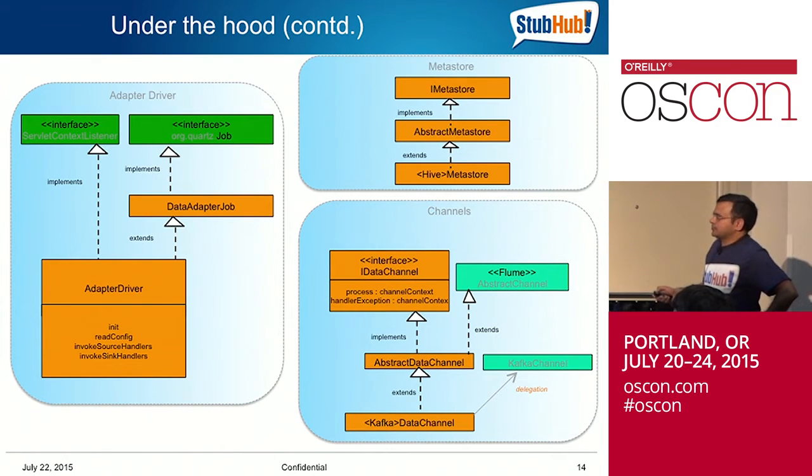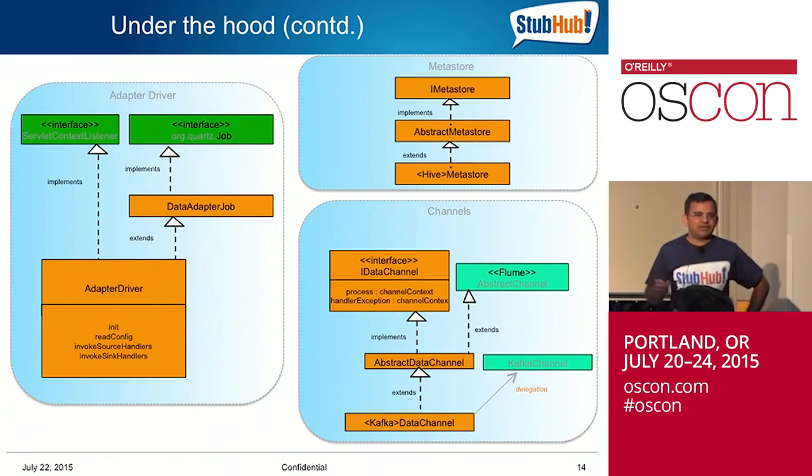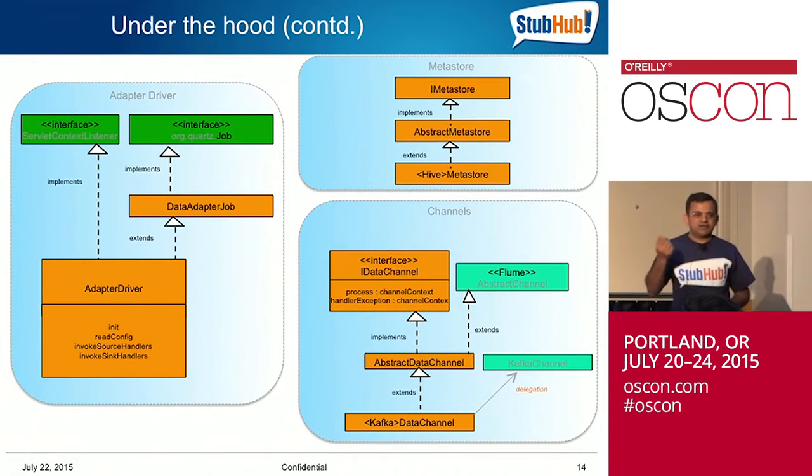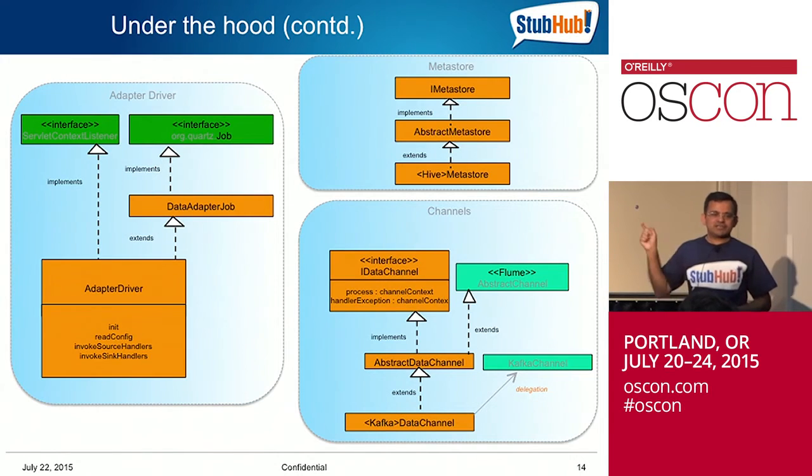And same thing for Metastore too. Metastore has similar classes. You might ask, what is Metastore in this whole process? Something that does not exist today in open source anywhere is this whole concept where, as soon as the data is ingested in Hadoop, I need to be able to go to Hive and do just a SQL query like anybody else does. Or I need to be able to kick off my Spark or MapReduce job, or write a Pig script, or do anything else I want. How do I manage the schemas for that? I have one slide that I talk about in the meta slide, but that's what this meta story is talking about.